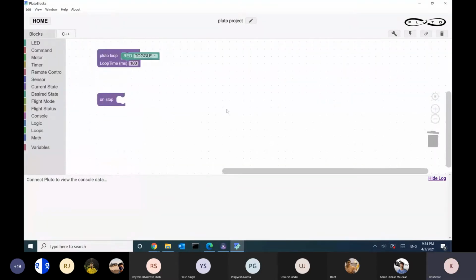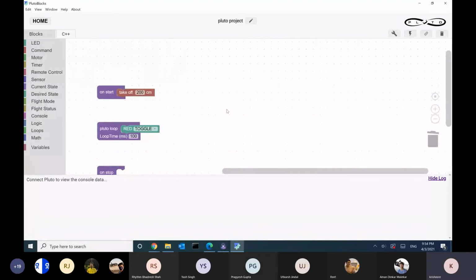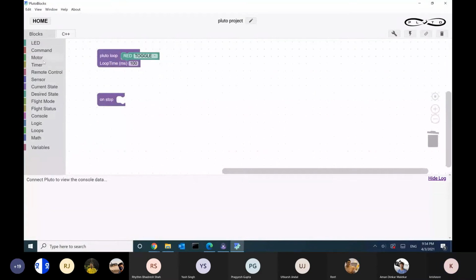Let's say the next thing is I want to print the acceleration Z value. So I have to print, and I want the acceleration here.